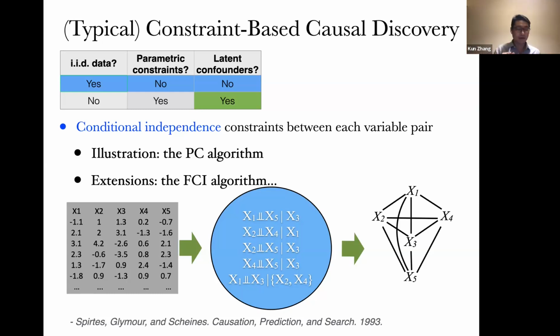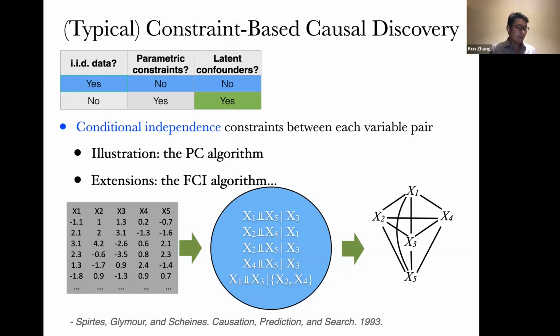Okay, so under those two assumptions, we can use the PC algorithm or FCI. With PC, we assume there are no latent confounders. With FCI, you don't have this assumption, but with FCI, you cannot really recover latent confounders. Instead, very often you can just indicate the possible existence of latent confounders. Here you can see how PC works. By the way, PC stands for Peter Spirtes and Clark Glymour. They invented the PC algorithm more than 30 years ago.